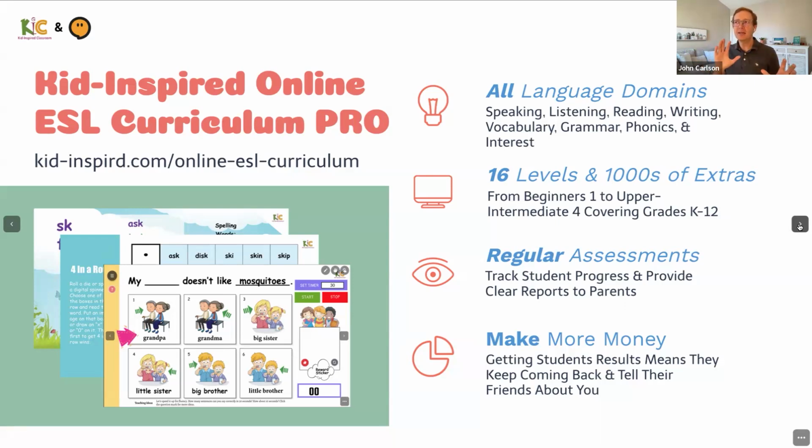And you can see what's available inside of there, but it does cover all language domains. There are 16 levels and thousands of extra resources included that go from beginners 1 all the way up to upper intermediate 4 and covering grades K to 12. So it's very in-depth and overall covers a lot of topics, all the topics that your students would need for learning English. So it can take them from 0 to fluent.